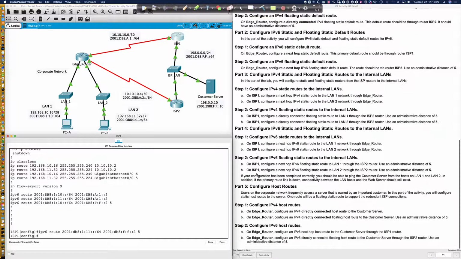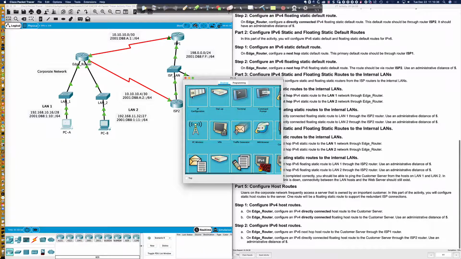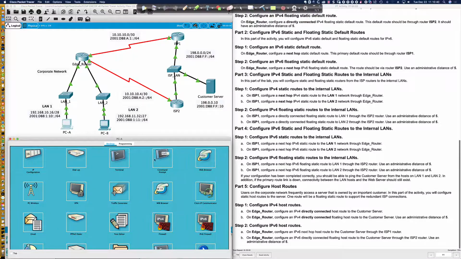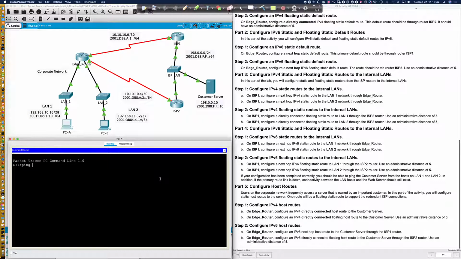And let's check and see if your configuration's been completed correctly. You should be able to ping the customer server from the hosts on LAN 1 and LAN 2. All right, well, let's give that a try. Let's pull PC1 up here, give ourselves a little more room with which to work. And the customer server, so let's give a ping